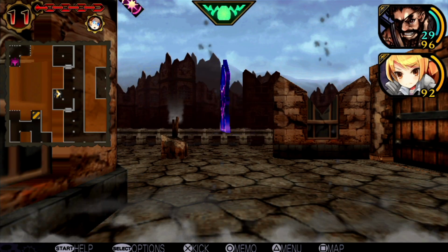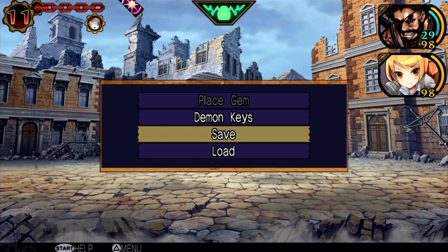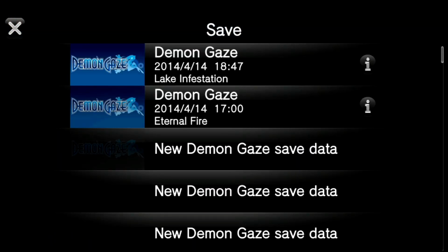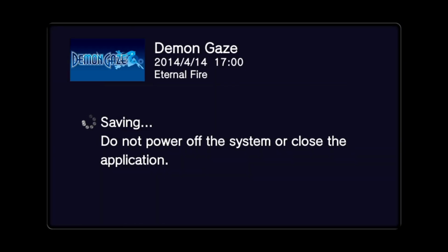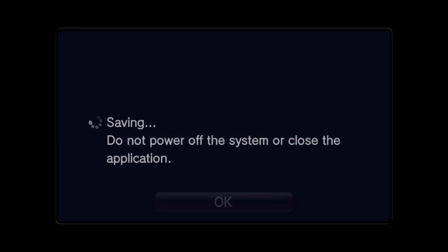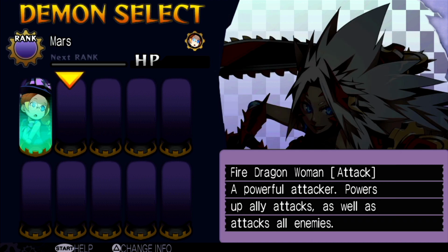So, now that we've completed this demon circle, what we can do is come back here, save. Besides saving, it also allows you to go ahead and switch your demon keys, which allows you to essentially switch to a different demon, although I only have one right now. The only demon I have is Comet. But if I had other demons...